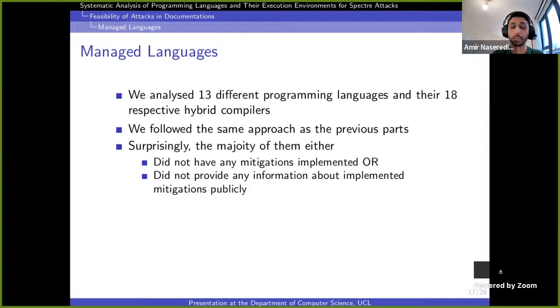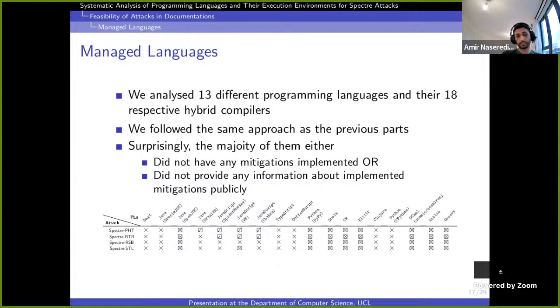And surprisingly, we figured that for the majority of cases, they either didn't have any mitigations implemented or didn't have any information about the mitigations that they implemented. And this is the result that we got in this phase of the work.